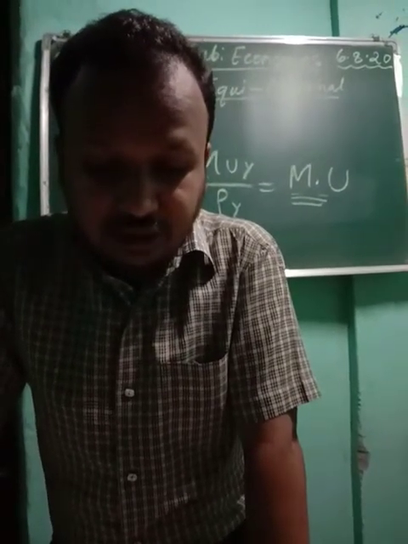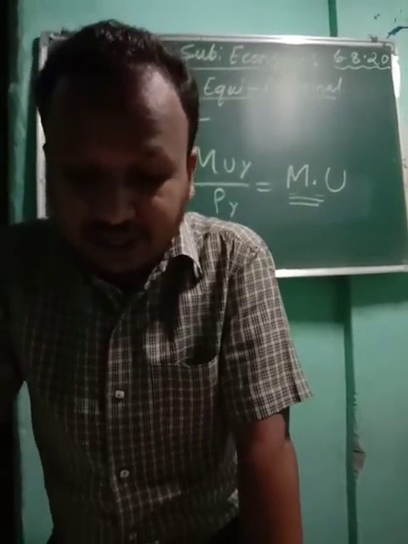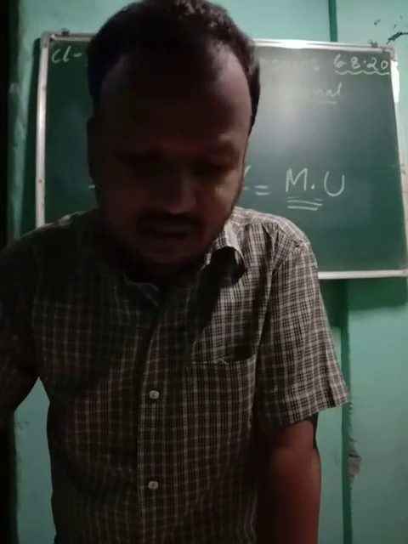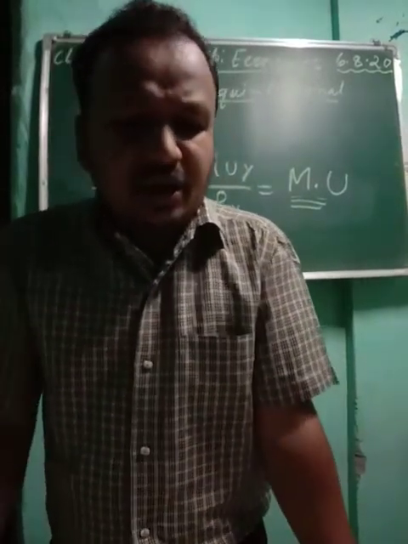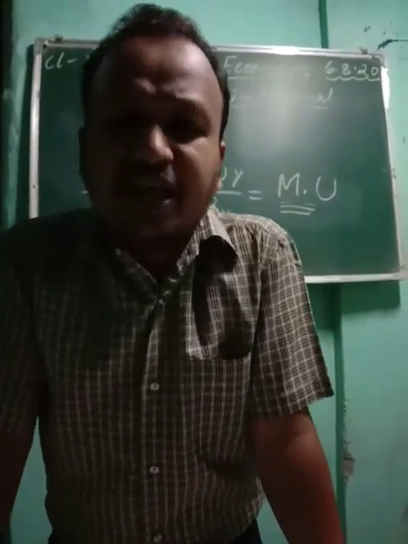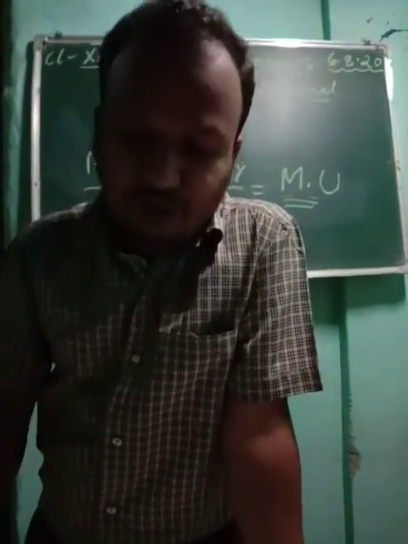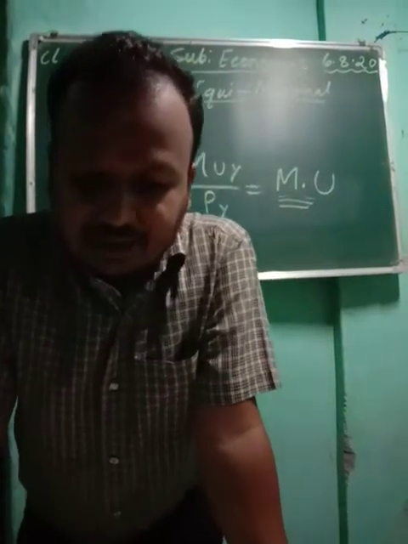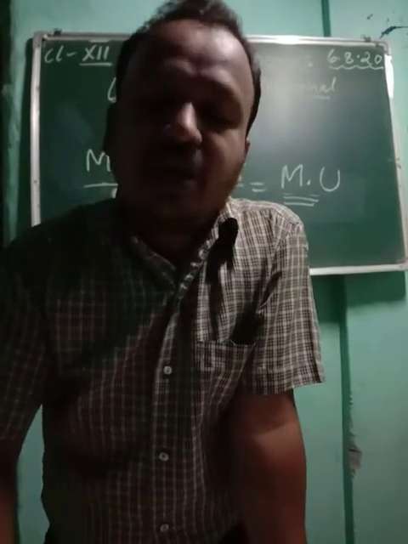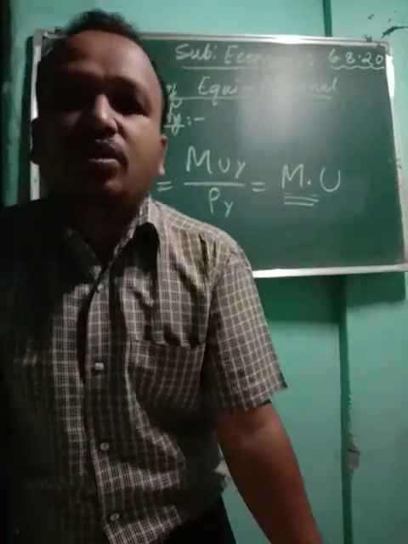They have to spend in such a way that the marginal utility of mangoes and the marginal utility of oranges become equal. So we are going to see with an example how we can assume. Here the assumption is that the income the consumer is going to spend is only ₹5, and we are assuming the price of each commodity is 1. So the price of a mango is ₹1, the price of an orange is ₹1.